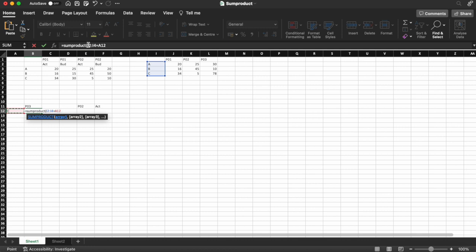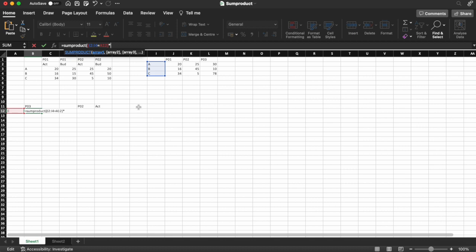All of this needs to be within a set of brackets because we have to multiply these criteria. Next we will type in shift 8, a multiply,